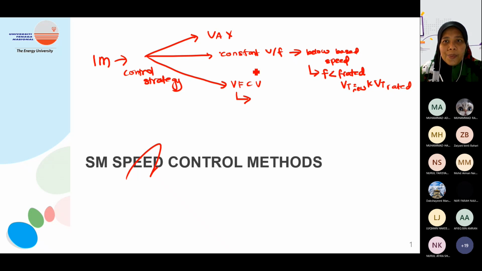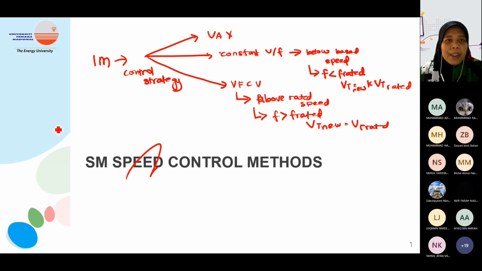This one? Betul. Okay, for variable frequency, constant voltage, you akan ada the frequency, this one for above the rated speed. Okay, and your F now will be greater than F rated. VT new equal to VT rated. Betul macam tu. Okay, ingat lagi tak apa yang kita belajar untuk DC